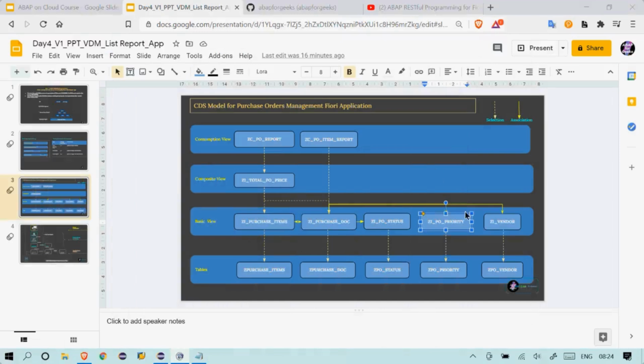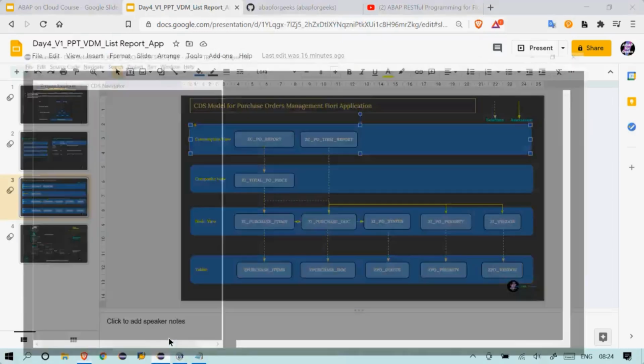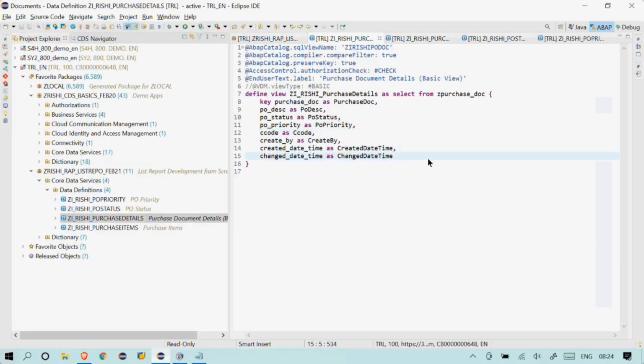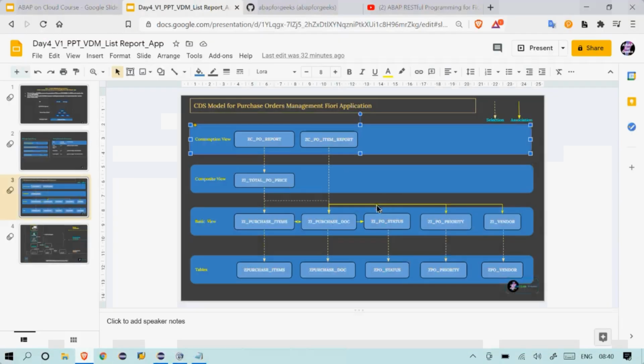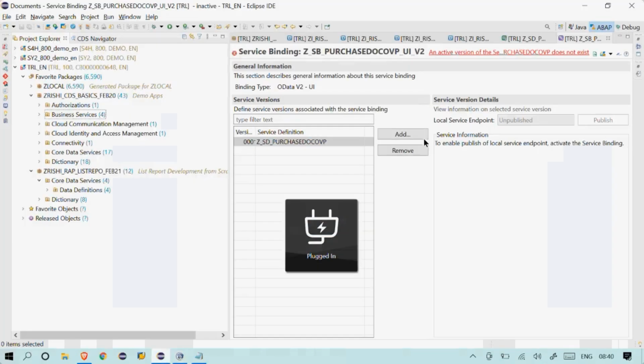We haven't created the associations or the composite views or the consumption view. That is something we are going to do in the next session. So far we are done with the creation of the basic views, and we need to establish the relationship between these views and also add some more information, which is not available in the raw database tables. Okay, let's start with that.